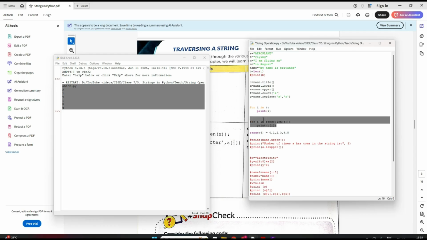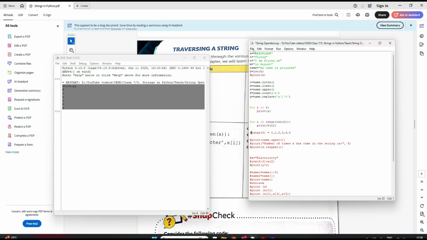Now it will again go up. Now i becomes 1. So it will print t[1]. t[1] is your L. Then it will again go up. Now my i is 2. It will print t[2], which is Y, and so on. It will go till t[5], printing G. Clear?